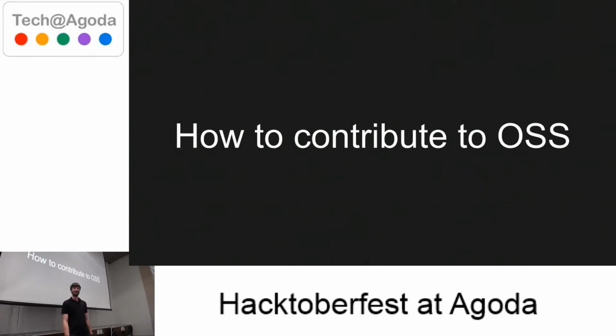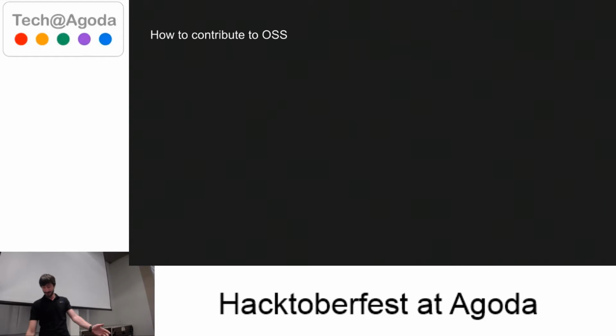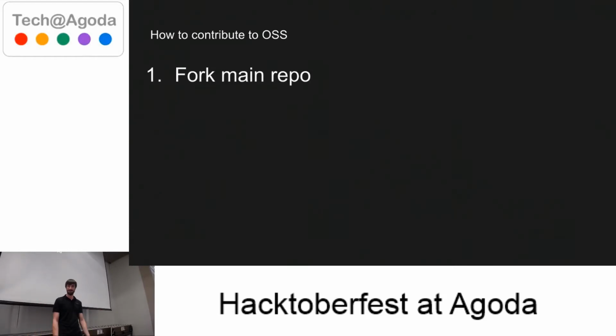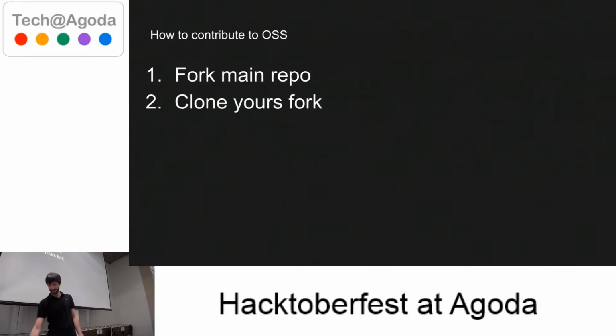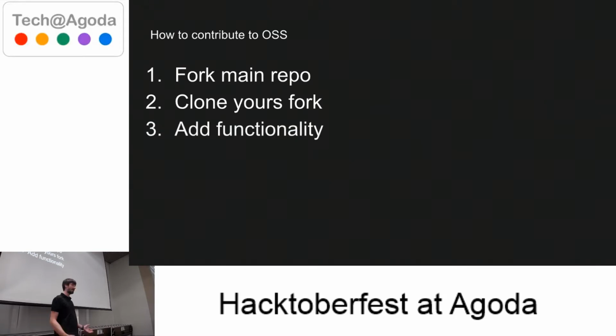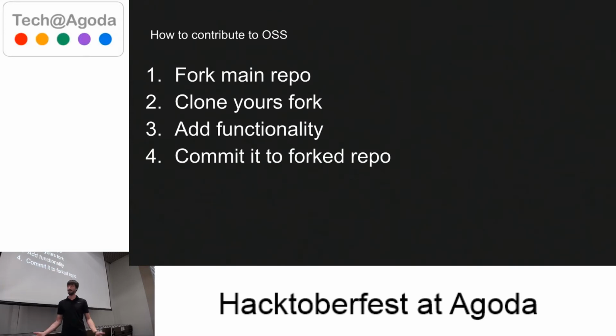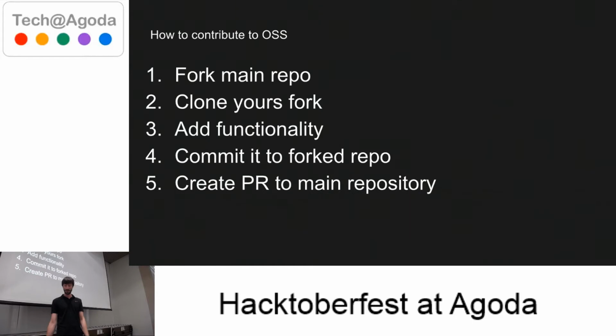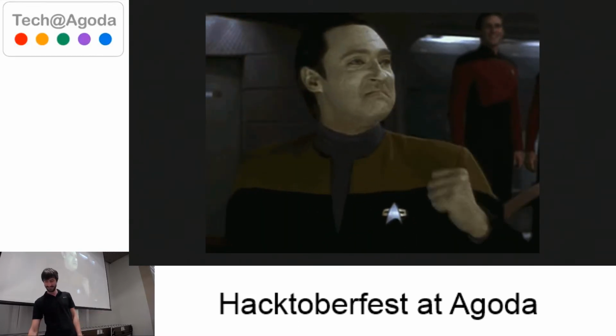Actually, this topic is a bit complicated for me to start because it's very simple. How it actually works: at first you should fork some main repository and clone your fork, add new functionality, modify something, fix bugs. It's not complicated. Commit new changes to your fork repo and create a pull request to the main repository. So that's all. Yes, but actually